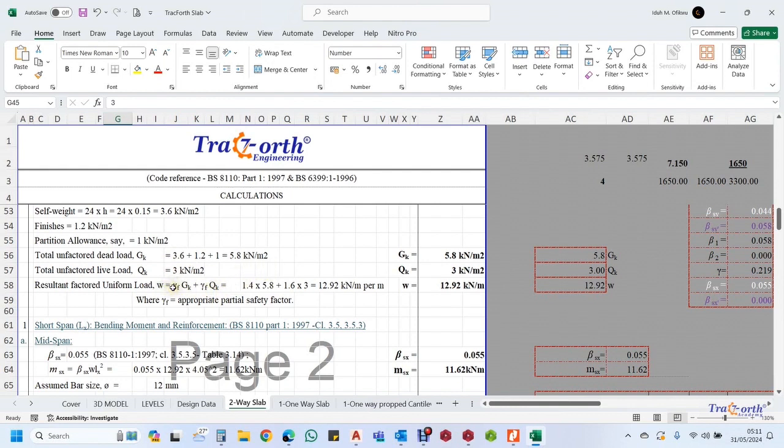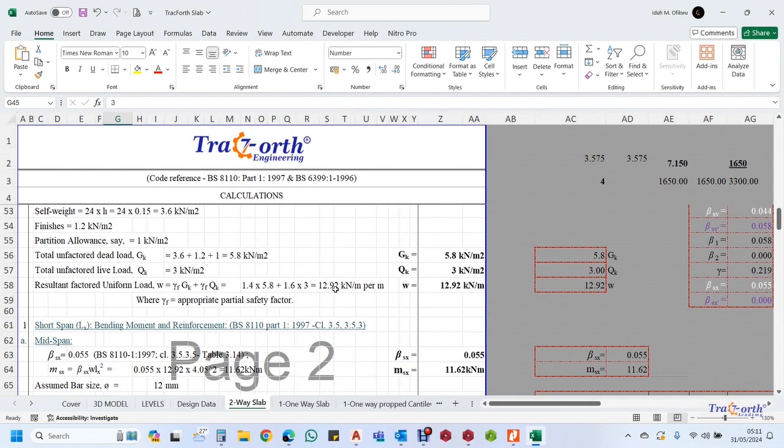For other codes like the Eurocode, this could be 1.35, and the partial factor of safety could be 1.5. But for BS it is 1.4, which we multiply by the dead load, then plus 1.6, which we multiply by the live load, and this will give